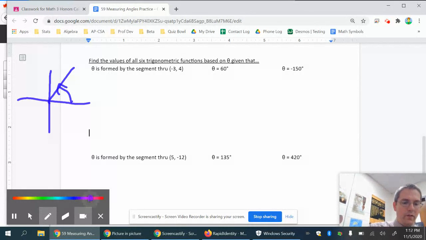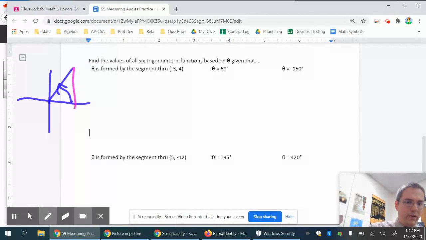Remember, I need to look at my reference angle, so I drop down to my x-axis, and this point here is the point I'm looking at. I'm talking about this triangle here with this value here for my theta. Now, once I have my triangle set up correctly, since this is a 60-degree